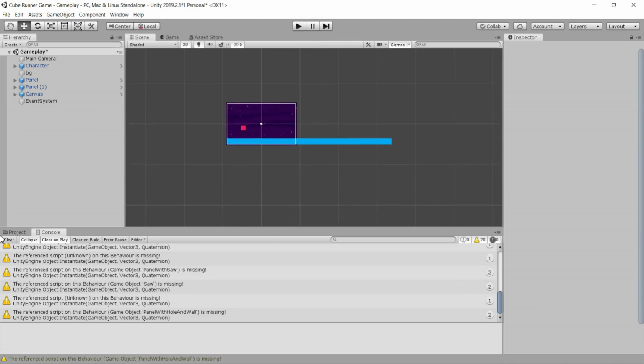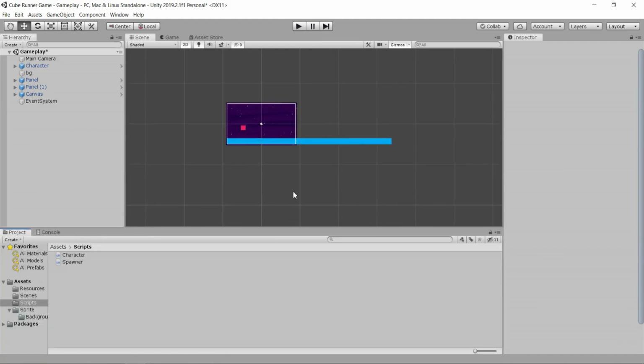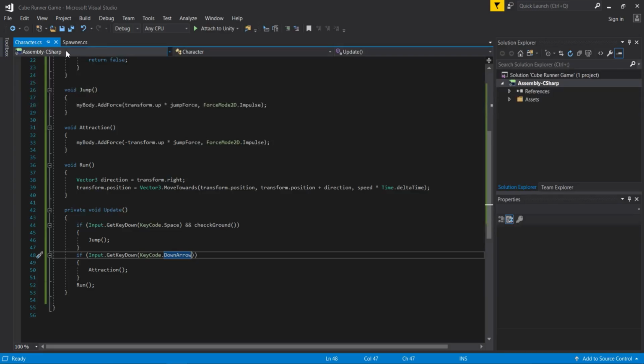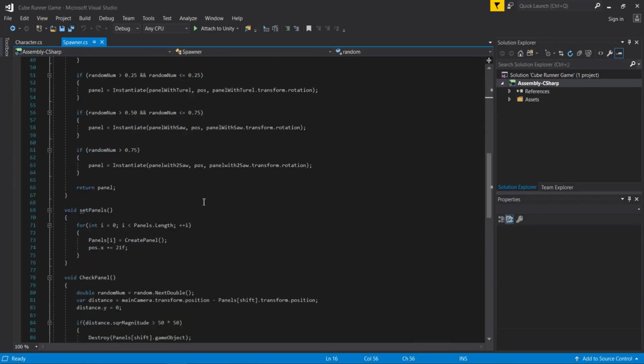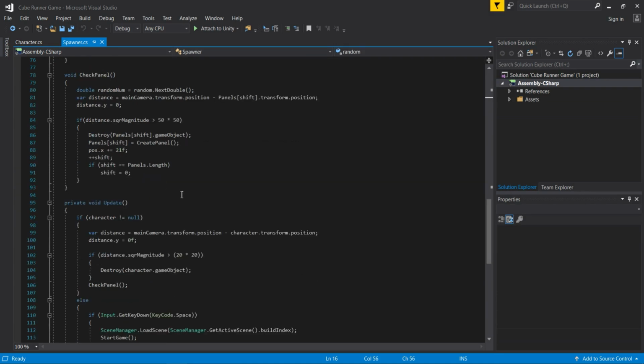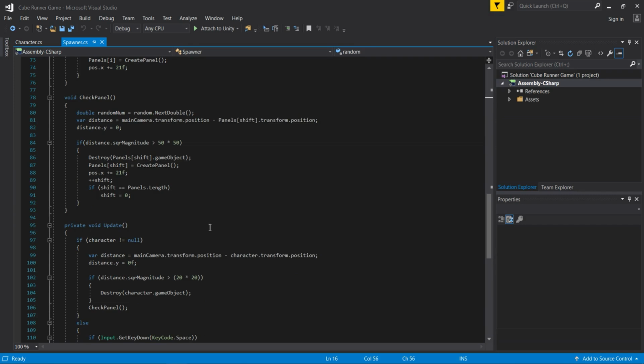Everything works. Now we can move on with our development of this game. But we notice that our camera actually doesn't follow our player. So when we go back to our Visual Studio and we go here to the spawner, we just set up for our main camera that we want our main camera to follow our player. We just set up that behavior, but we didn't code that our camera needs to move towards our player, and